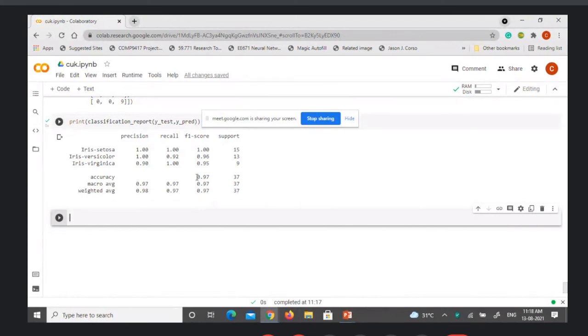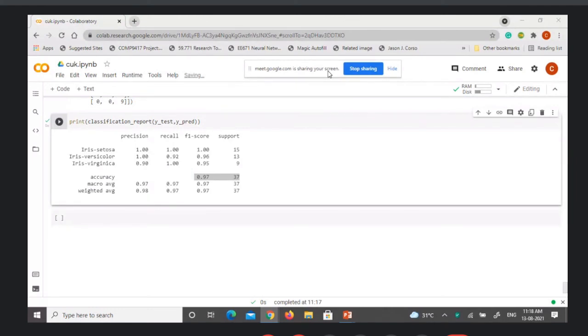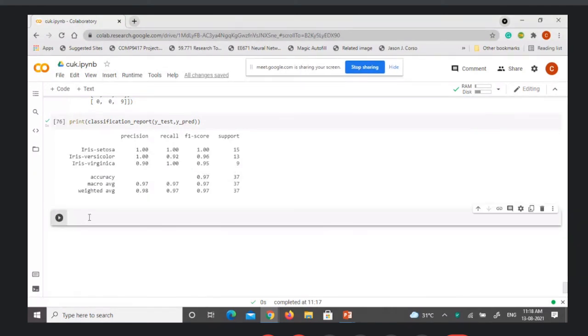You could get 97% accuracy. It means the decision tree looks better than logistic regression for the IRIS dataset.